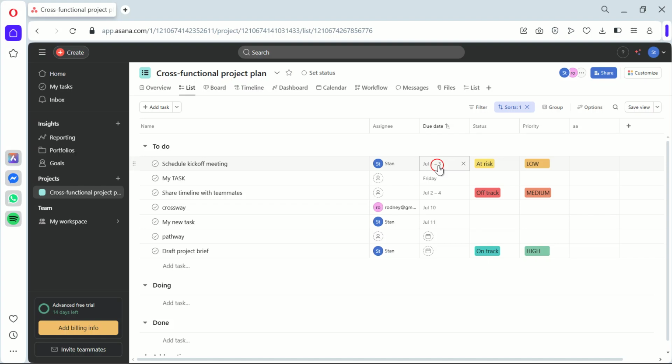Asana is scanning the due dates of all your tasks and reordering them based on the date and time you've set for each task. This feature is a real time saver, helping you focus more on completing tasks and less on organizing them. To wrap up, sorting tasks by deadline on Asana is a simple yet effective way to manage